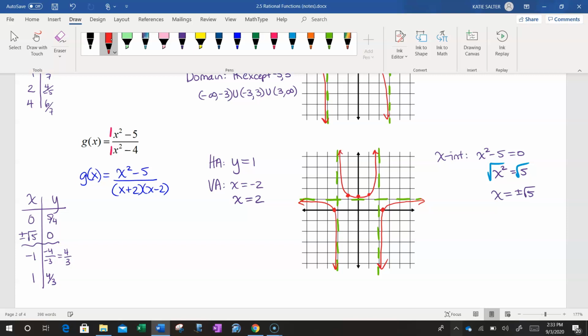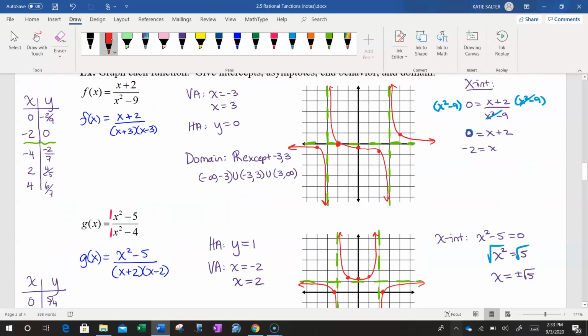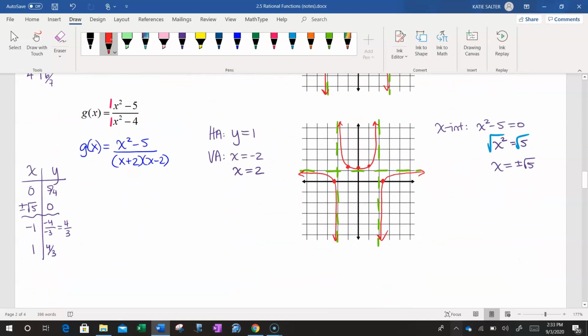And I'll go ahead and tell you, normally if it's like a constant divided by a quadratic, it does the U-E, or a quadratic divided by a quadratic. But if it's like a linear divided by a quadratic, normally it does a twisty. But I just always substitute some values in to make sure. Notice again, to find my x-intercept, I only set the numerator equal to 0 because it was just one fraction. And the last step is to state our domain. And in this case, our domain is all real numbers except for -2 and +2